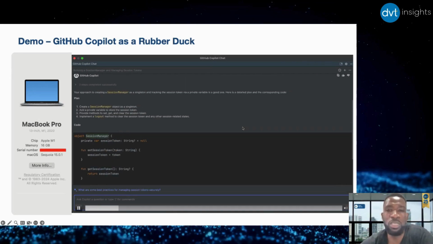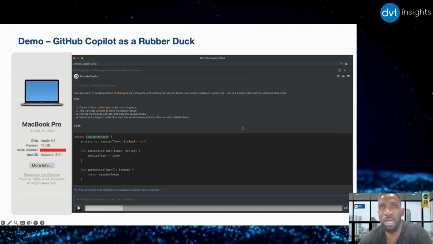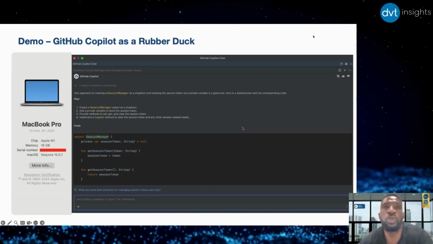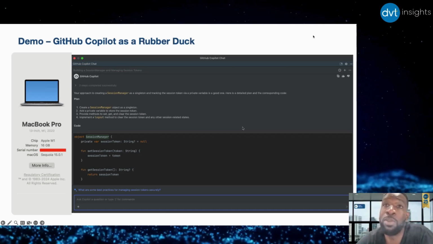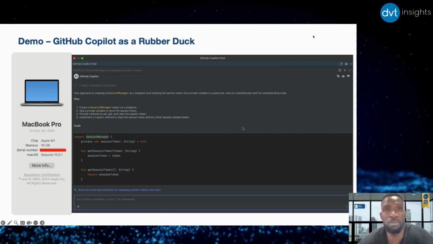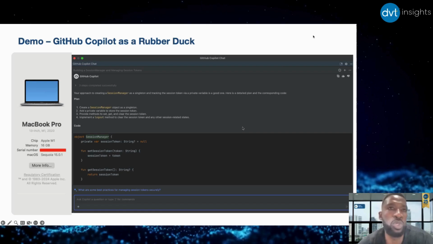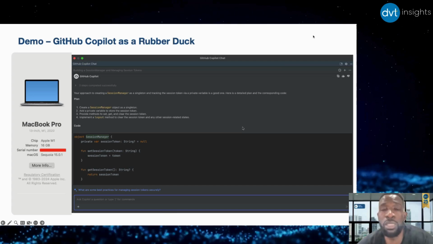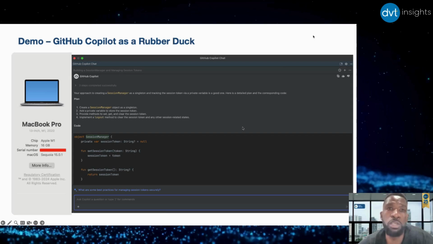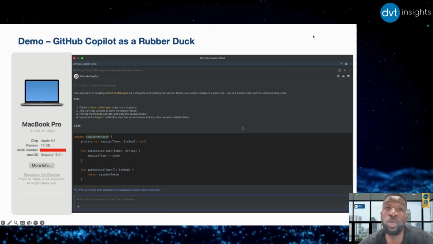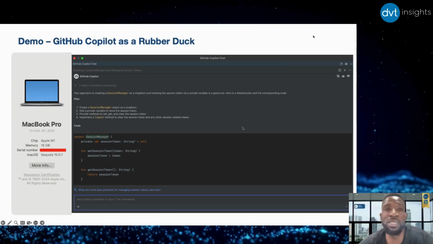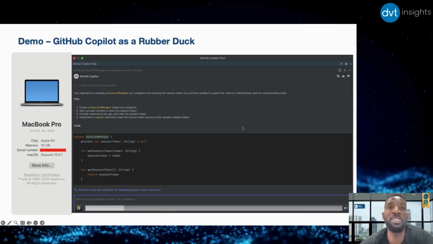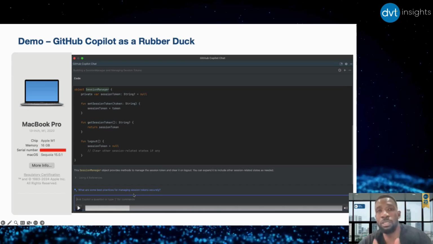All right. So let's first start by looking at if it agrees with my approach or not. GitHub Copilot tells me your approach to creating a session manager as a singleton and tracking the session via a private variable is a good one. Here is a detailed plan. So it gives me first even a plan on how to craft the whole solution: create a session manager, add a private variable, as well as implement the logout method. It uses the object approach for the singleton, and then it carries the session token through a private variable, and it provides me with getters and setters for my session variable. Let's see if it implemented the logout that I asked for, because I wanted the states to be cleared on logout. Yes, it also clears out the states on logout.